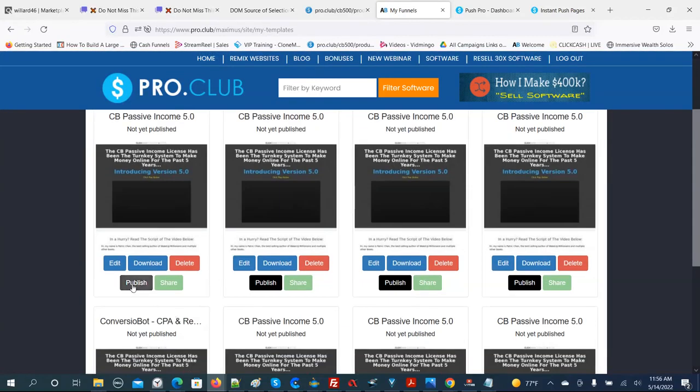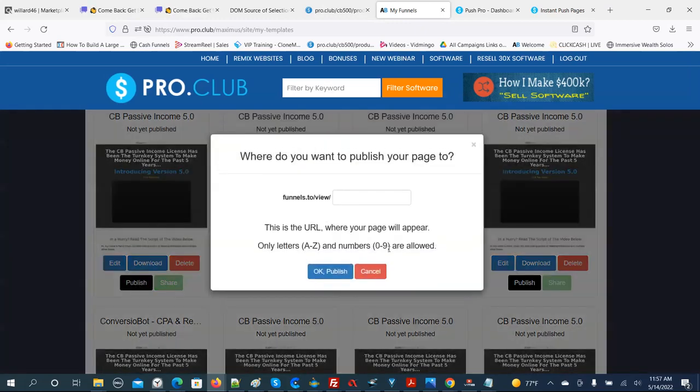Okay, now if you publish, as you know in the Maximus training, the cloud-based part of this software does not work. You have to have your own hosting and your own server. So you have to download it and then upload it onto your server. So I'm going to go ahead and push publish. You have to name it, and we'll just call it